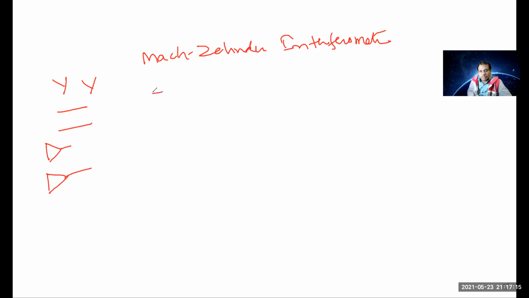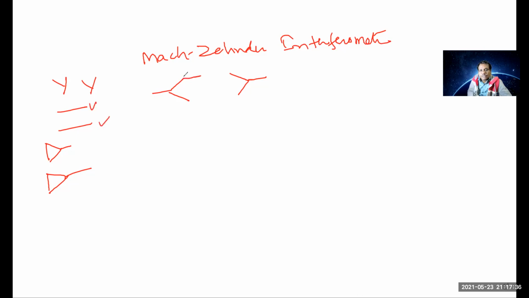Suppose this is a Y branch, and another Y branch. This Y branch is used to split the light and this Y branch is used to combine the light. And these are the two arms of the Mach-Zehnder interferometer, which are nothing but these waveguides.